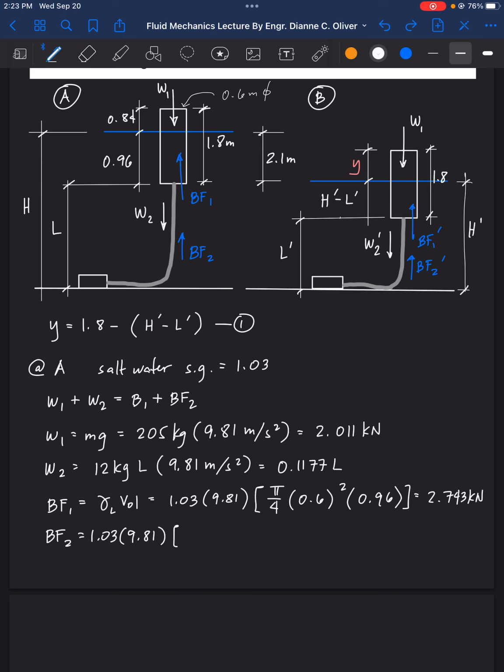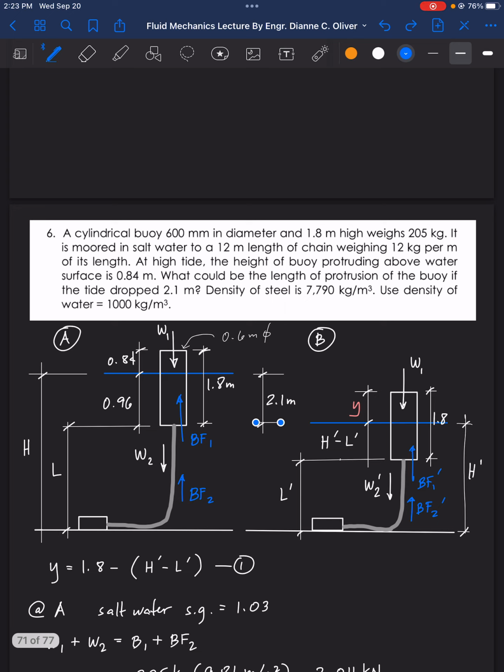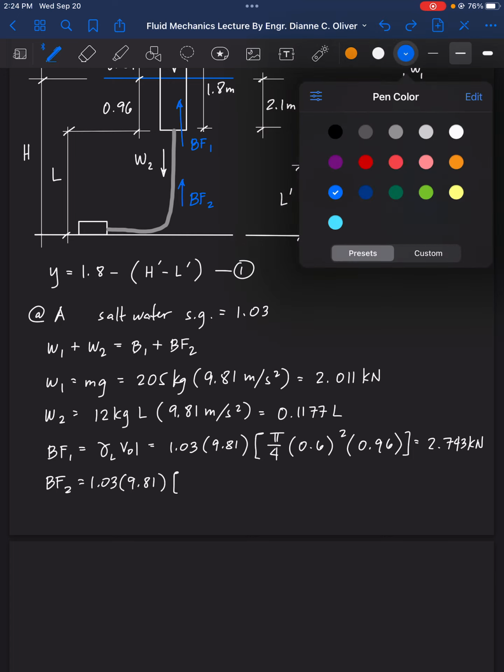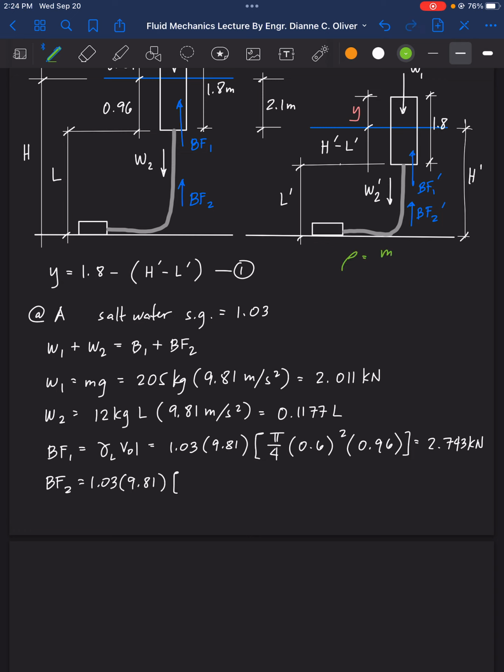Because if you observe, the density of steel is given, 7,790. So we can solve for the volume of the steel, given the formula for density equal to mass over volume. Therefore, volume is equal to the mass of 12